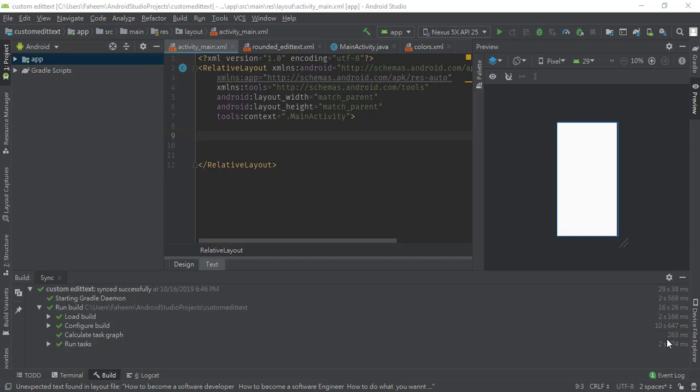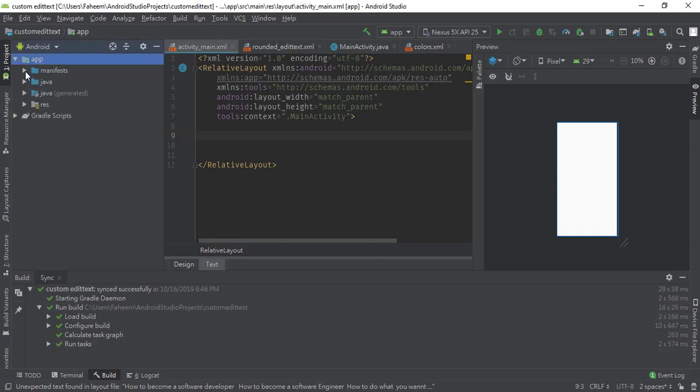In this video we will learn an introduction to the main activity, I mean the Java part of our Android Studio. So let's start. In the previous video we learned what a relative layout is and how to implement it in our activity. So in this video we will learn what the main activity, or Java coding, is in our Android Studio. You have to open this Java folder, and in this section you have to click this